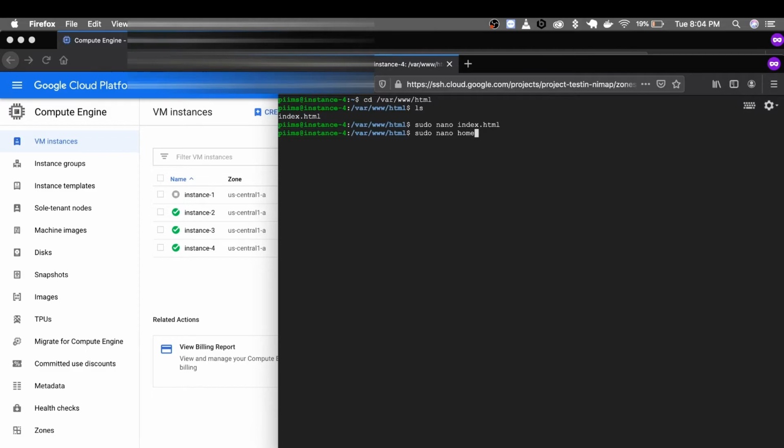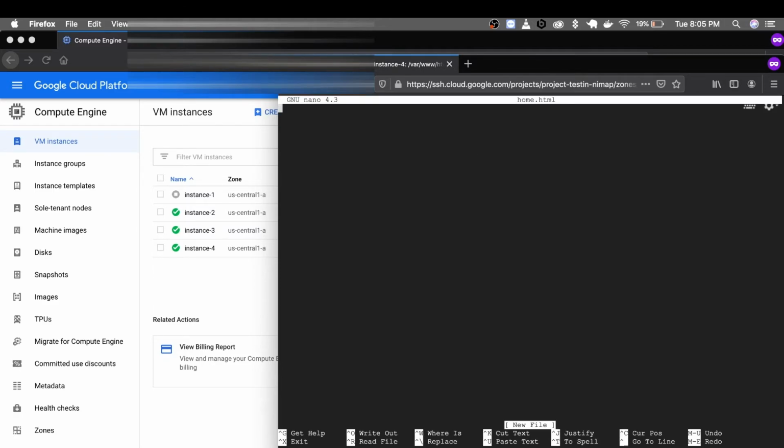Basically, what nano does is it will look for a file. If it is available, it will open that file, else it will create a new file. As you can see, we have only the index.html file available in this root directory of Apache. So we are going to create home.html, another file. If it is not available, nano will create a new file there. Hit enter. Let's write a basic code here.